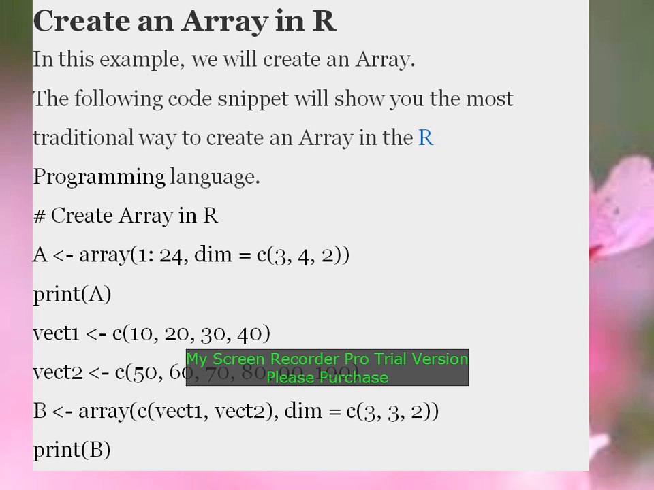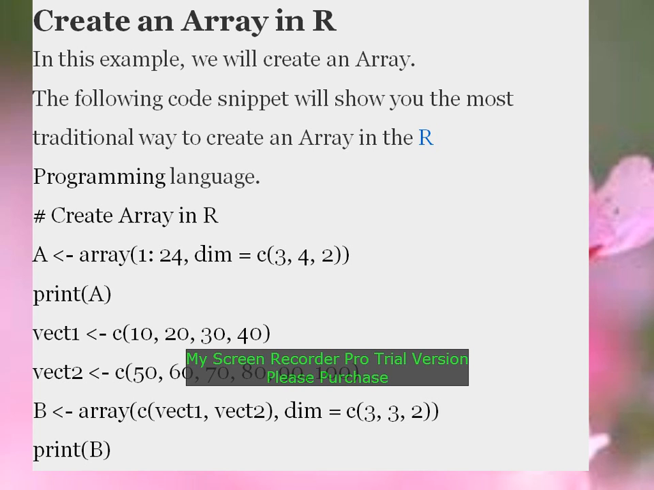So simply here we are creating an array A. For creating an array we always have to use the reserved word array. So A is array of 1:24, that is nothing but ranging the elements from 1 to 24, dimension equal to 3, 4, 2. That is nothing but dimension names. So here print A,